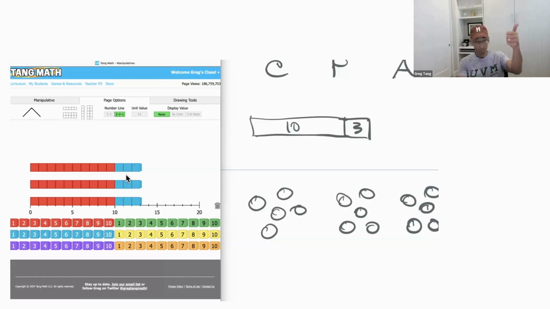Now, everybody said they saw equal groups. Everybody said they saw arrays. Do you see an area model? Yes or no? Do you see an area model? Everybody I know from before is going like this, and people that I don't recognize, some are going like this, some are going like this. I don't know. You see an area model? What do we say area cannot have? Show me. What can area not have? And now everybody's going,